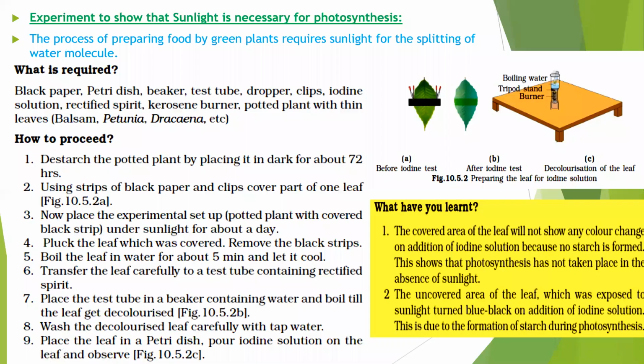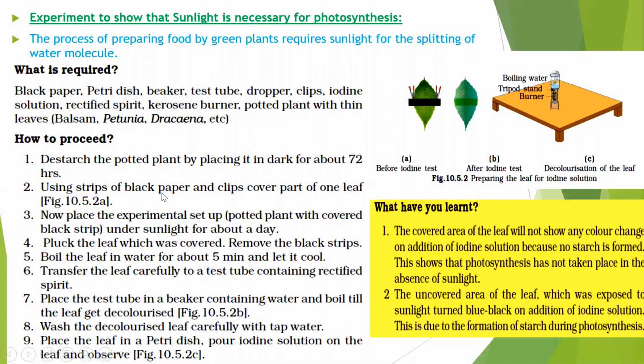Next, one more experiment: an experiment to show that sunlight is necessary for photosynthesis. This experiment I took from your lab record, so this procedure you have to learn. First step, destarch the potted plant by placing it in the dark for about 72 hours. For what? To destarch. Next, using strips of black paper,